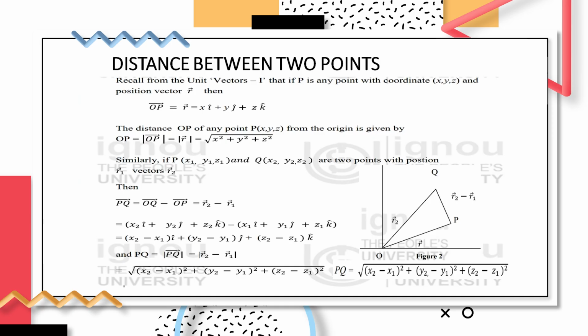covered in the units of the vectors, to determine the equations of the lines also. We determined the distance between the 2 points, and we found that the distance between the 2 points is nothing but square root of (x2 minus x1) square plus (y2 minus y1) square plus (z2 minus z1) square, where x1, y1, z1 and x2, y2, z2 are the coordinates of the 2 points